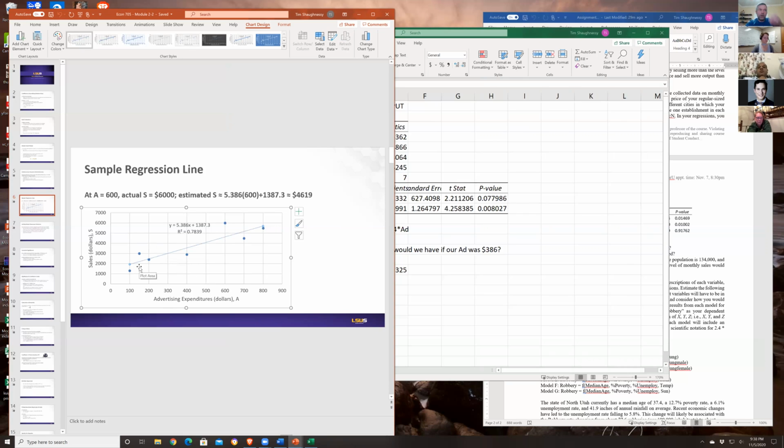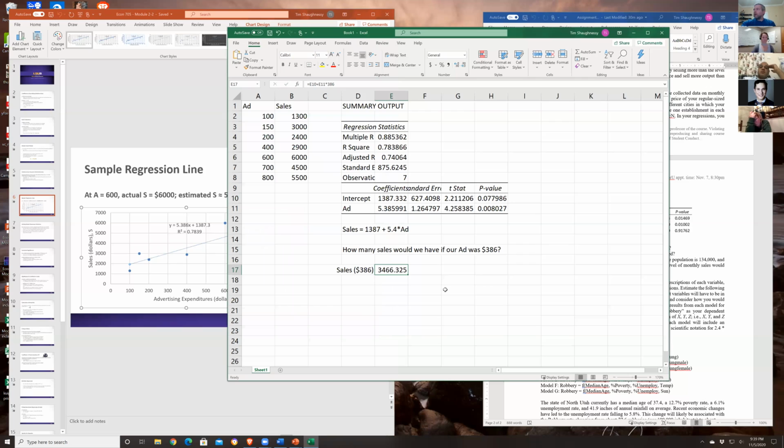If the data points are really close to the line, and you're making predictions that are exactly on the line itself, then again, you can have a lot of confidence that, well, I'm going to make a prediction which is right on this line, and all the underlying dots were really close to it. So I can have a lot of faith that the prediction that I make for sales is going to be pretty close to what the real world value of sales would be at that level of A. So